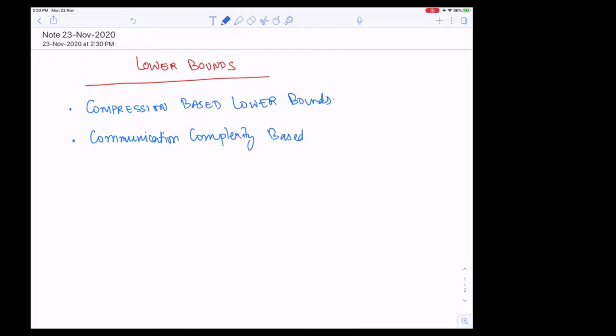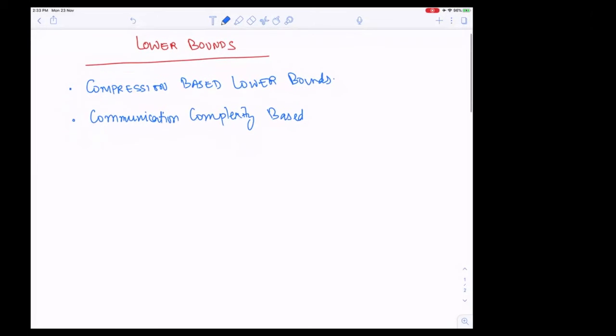Okay, so in fact, it's not that the compression based lower bounds and communication complexity based lower bounds are different, but actually I would just say that let's say first, the compression based technique is